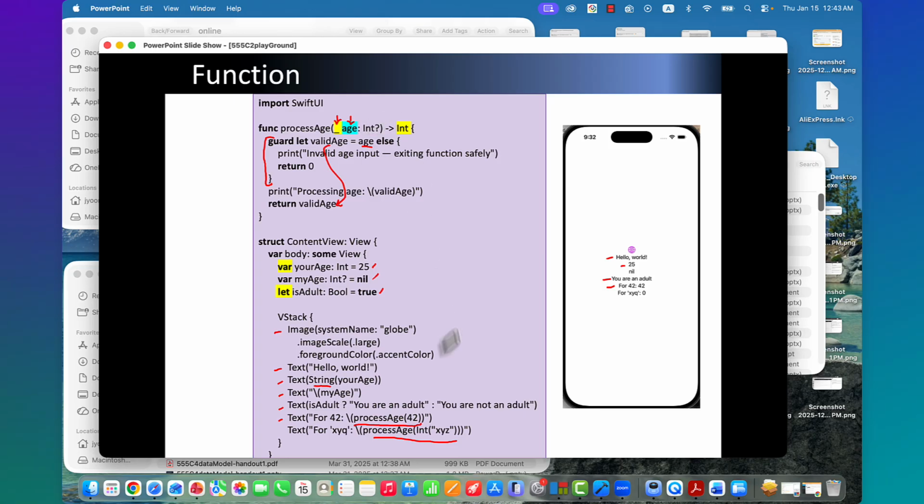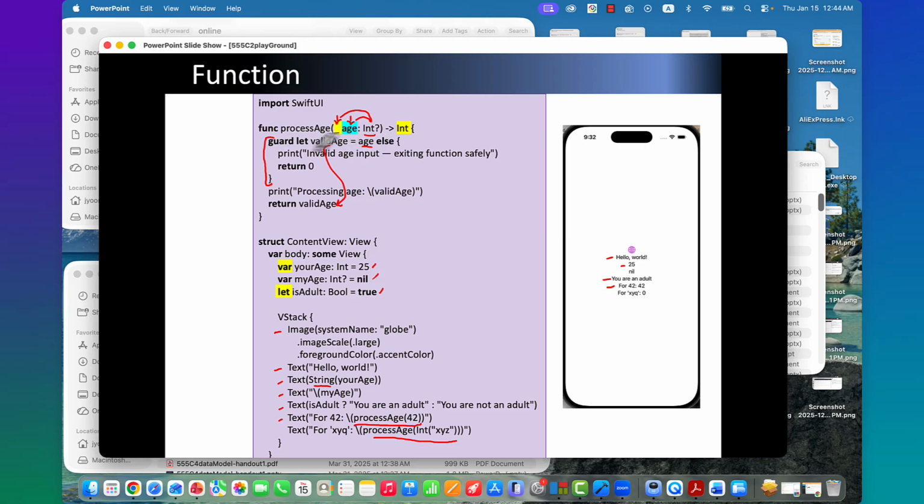Int, integer. Integer is optional. Anyway, xyz as Int, then it doesn't give any integer, right? So because it is not an integer, we cannot assign this, because the type of this should be an integer. Because this is not an integer, we cannot assign.